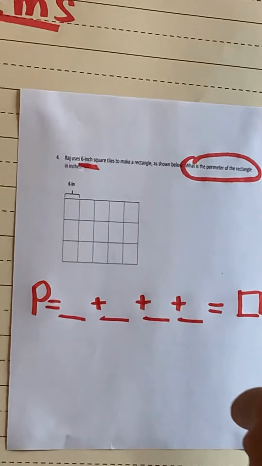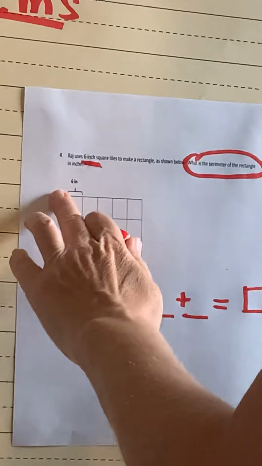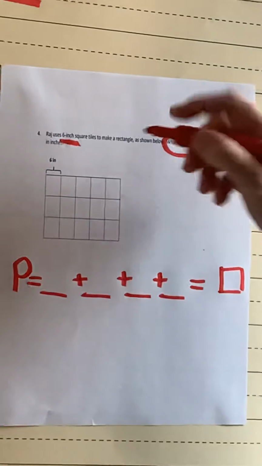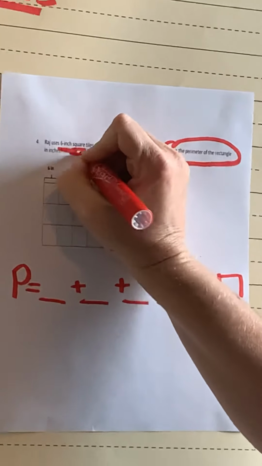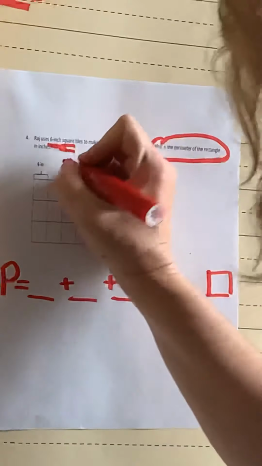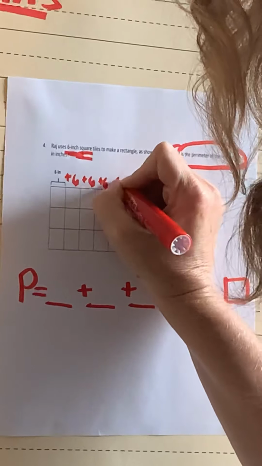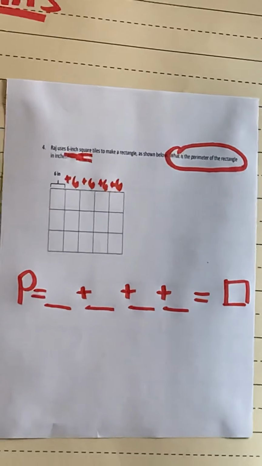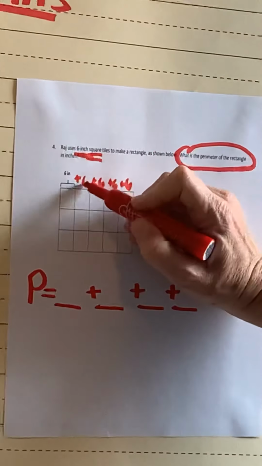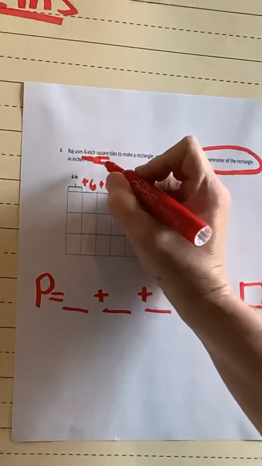Okay? So let's just see what we've got. We've got 6 inches from the beginning of that tile to the end of that tile. Okay? And then these are all squares. That's super important too. So every one of these squares is going to be 6 inches. So I'm going to have 6 plus 6 plus 6 plus 6 plus 6. Okay. Let's just skip count by 6s. Perfect. So I have 6, 12, 18, 24, 30. So this side